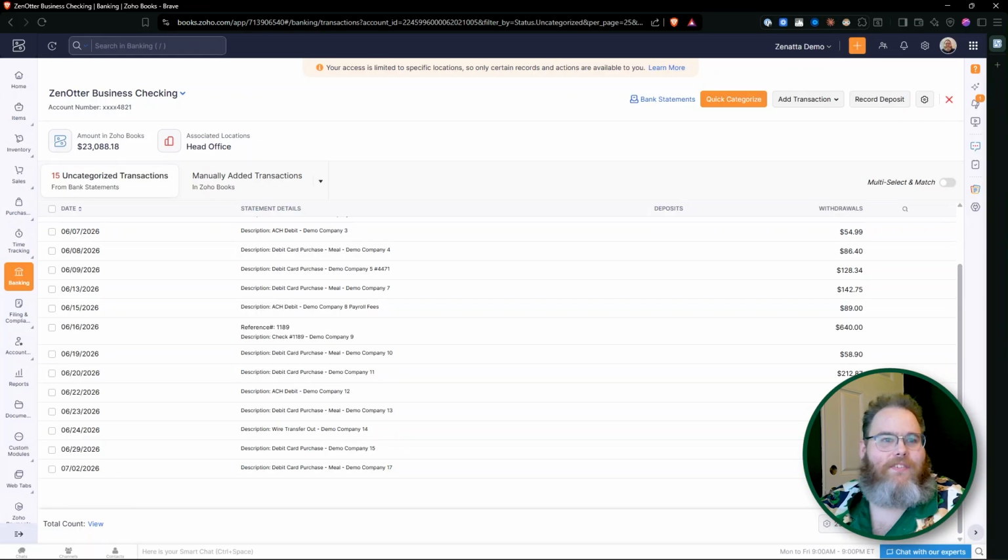Next up is timing differences. This is one of the most common things that trips people up, and it's completely normal. A timing difference happens when a transaction is dated within your current statement period in Zoho Books, but your bank hasn't actually processed it yet, so it doesn't show up on the statement. Checks are the classic example. You cut a check on the 28th, it's recorded into Zoho Books that day, but the vendor doesn't cash it